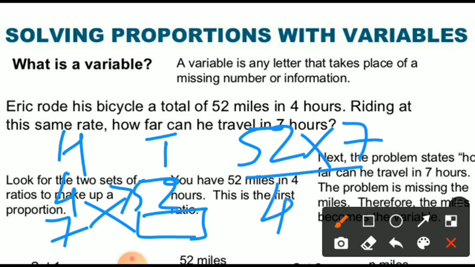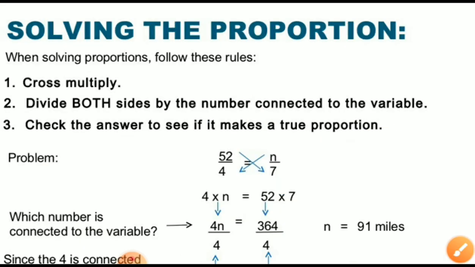Yes, my dear students, let's check whether the answer is right or wrong. 4 ones are 4 and 13 fours are 52. Is it or not? Okay, now 13 into 7. 7 threes are 21, 2 is the carryover, and 7 ones are 7 plus 2, 91. My answer is also right here. This is the simplest method which you can use to get the answers. Or you can go through it by this method also, as you like, whichever you prefer. My suggestion is to select my first method, so you can get the answers easily.